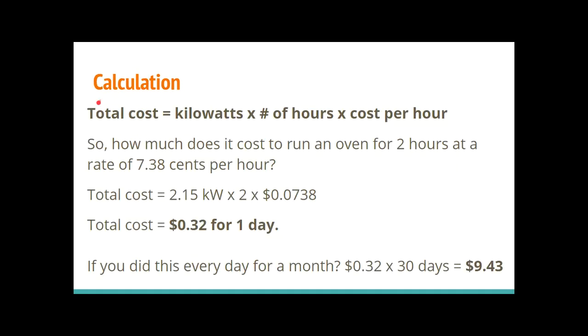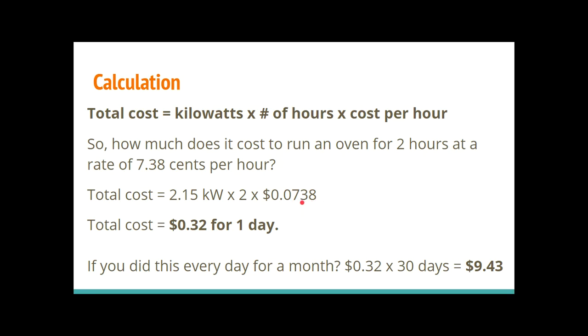So our calculation here: the total cost is equal to kilowatts times the number of hours times the cost per hour. So how much does it cost to run an oven for 2 hours at a rate of 7.38 cents per hour? Your total cost is equal to, we already have from before, 2.15 kilowatts. Multiply that by 2 hours, and then you multiply that by